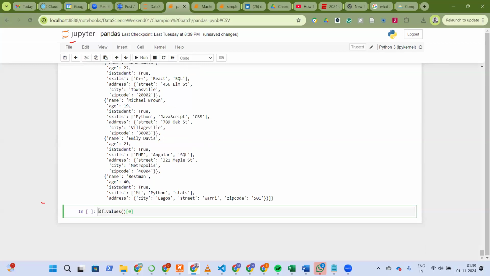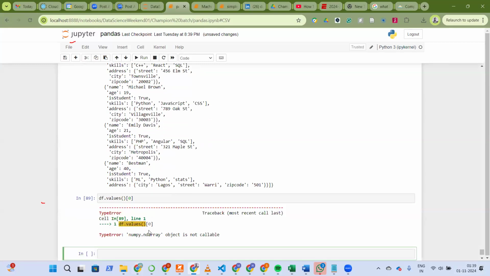Okay, let's see what this gives us. Oh, this is a list. Numpy array is not callable, but this is a list. But this is supposed to be a list, right? Okay, no, it's data, not df. Data dot values. What did I do over here? Maybe I mixed something. Data dot values. And if I take position 0, this should give me